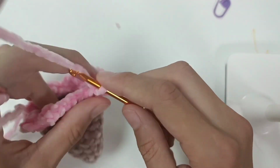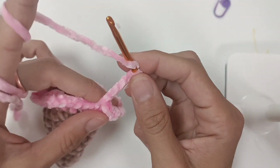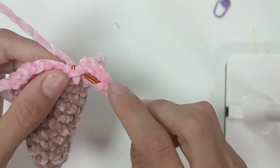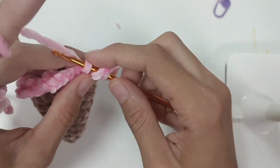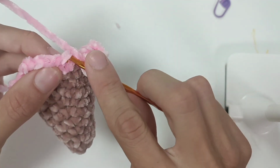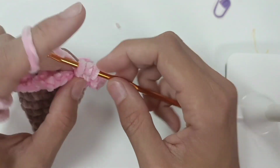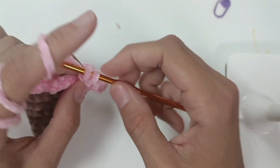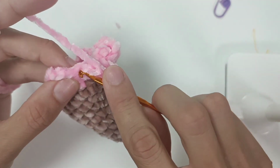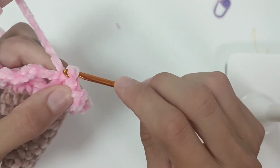So last time, chain 4, yarn over into the front loop of the next stitch, go through, yarn over, go through 2, yarn over into the front loop of the next stitch, yarn over, go through the stitch, yarn over through 2 loops, yarn over through 2 loops, and yarn over through 2 loops, slip stitch into the last